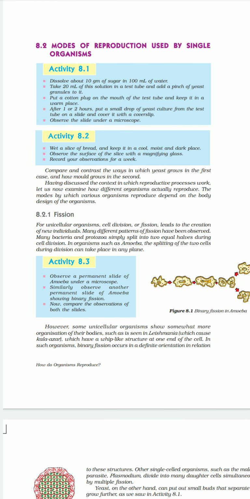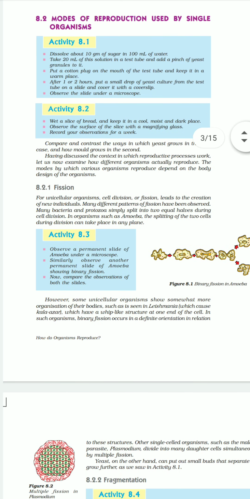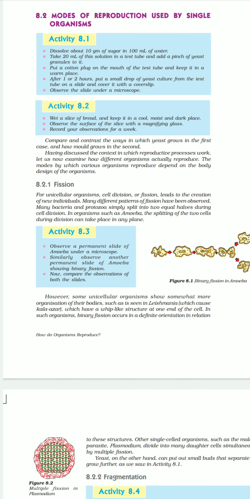Now here we are going to discuss first the asexual mode of reproduction. There are various asexual modes of reproduction. First of all, we are going to discuss fission. Fission is a mode of asexual reproduction which occurs in unicellular organisms like amoeba, paramecium, planaria, euglena, and other kinds of protozoa. It involves the division of the parent body into two or more daughter individuals identical to the parent. Fission is also of two types, that is binary fission and multiple fission.